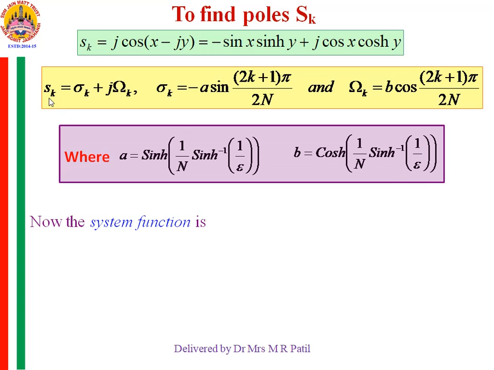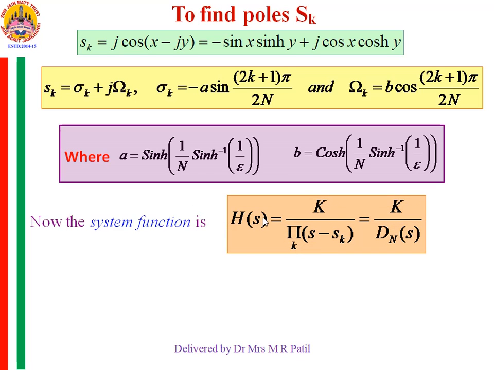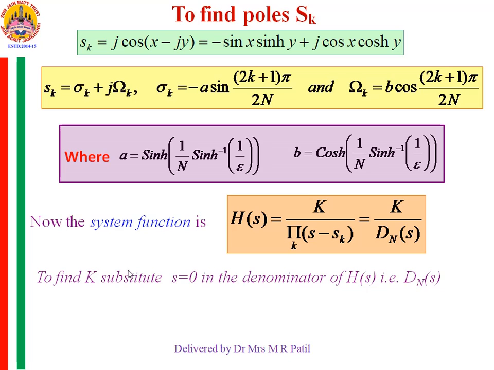Now once you obtain these pole locations sk for the normalized filter, then H(s) you can write it as K divided by the product of (s minus sk). Now from this you can obtain the denominator polynomial of H(s), which is Dn(s). Now this K is the normalizing factor, and to find this K,